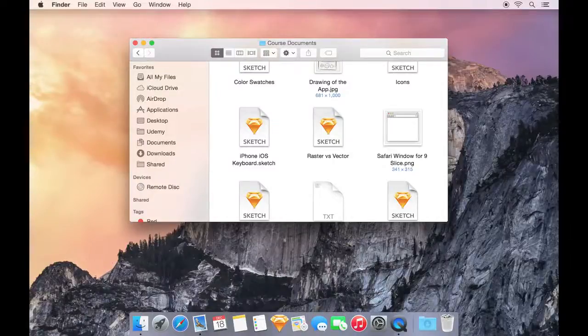There are two extremely different categories of computer graphics, one called raster and one called vector. Raster graphics are made up of pixels, whereas vector graphics are made up of curves and points and math. I know that might sound weird that graphics are made up of math, but